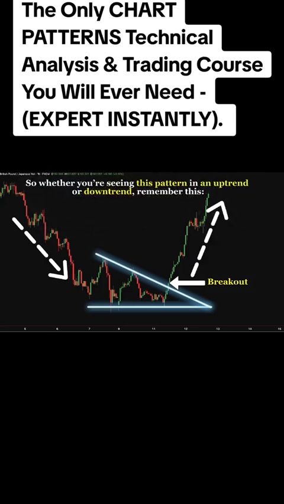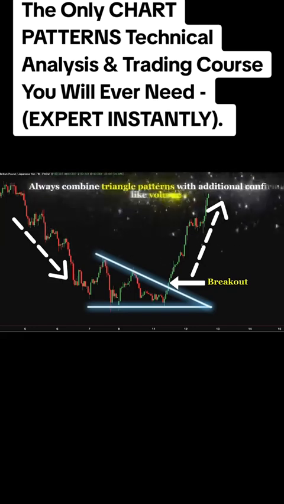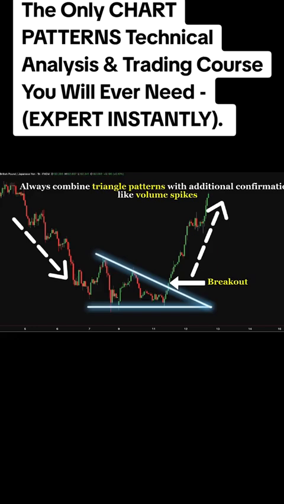So whether you're seeing this pattern in an uptrend or downtrend, remember this: break below support typically signals bearish continuation or reversal. Break above trend line may signal bullish momentum returning. Always combine triangle patterns with additional confirmation like volume spikes, candlestick rejections, or key support and resistance zones to improve